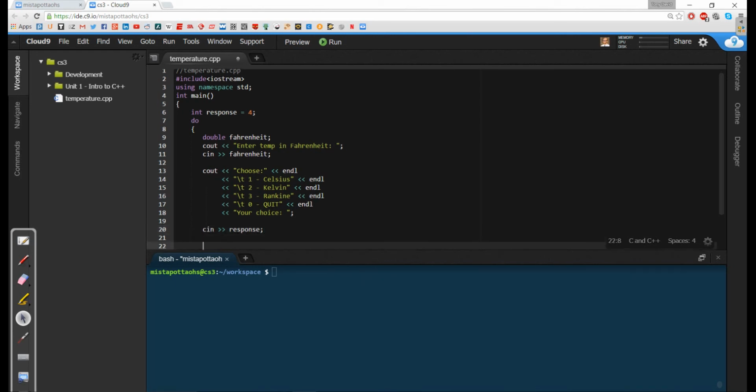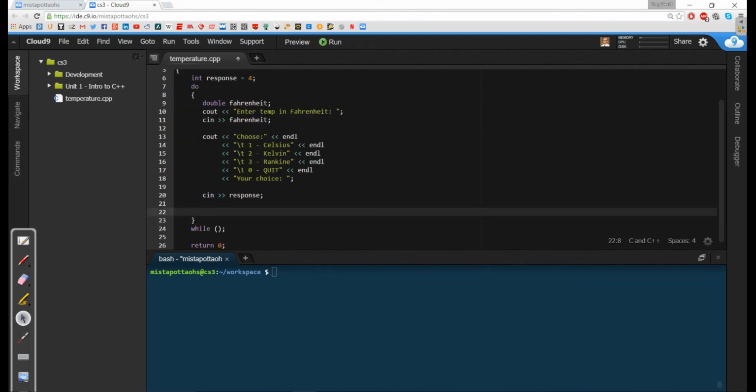All right, so I have prompted for the user's response, and now I'm ready to calculate what I should get out of this. So I'm going to say double output. This is where I'm going to be storing the output. And I'm going to use a switch statement because the formula that I'm going to choose depends on which choice they make. Now I could use a series of if and else statements, but the switch statement is something that we used a bit in Java, and it's still a very viable option here. Based on the response,